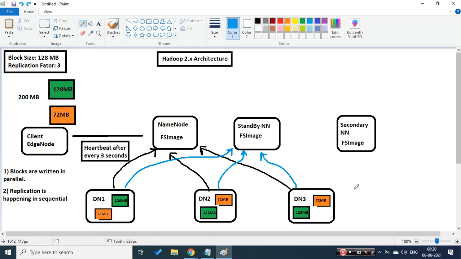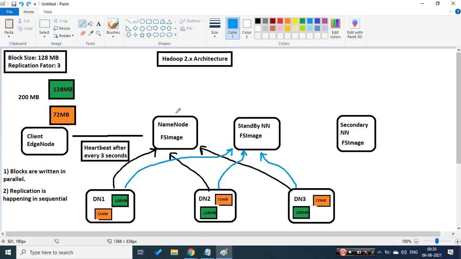Now, if we try to understand yesterday's failover mechanism, if this was failing, the data was picked from here and the image was created again because it had a failover mechanism. But in the 2.x architecture,